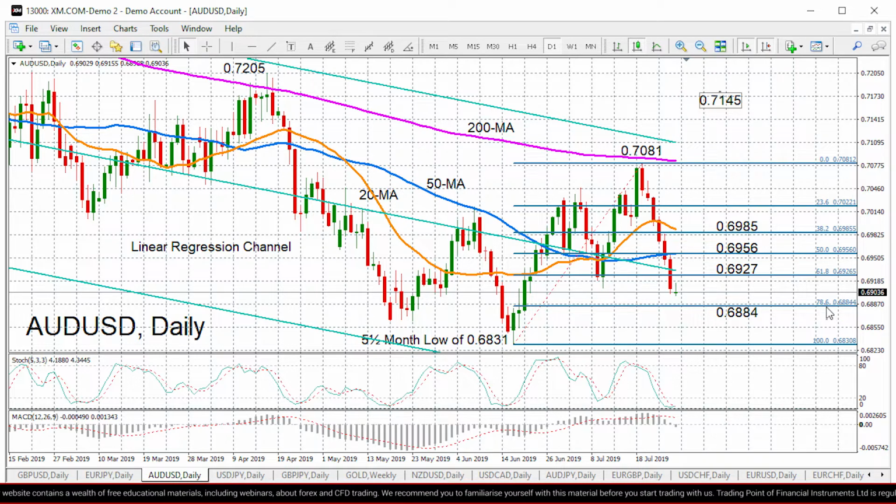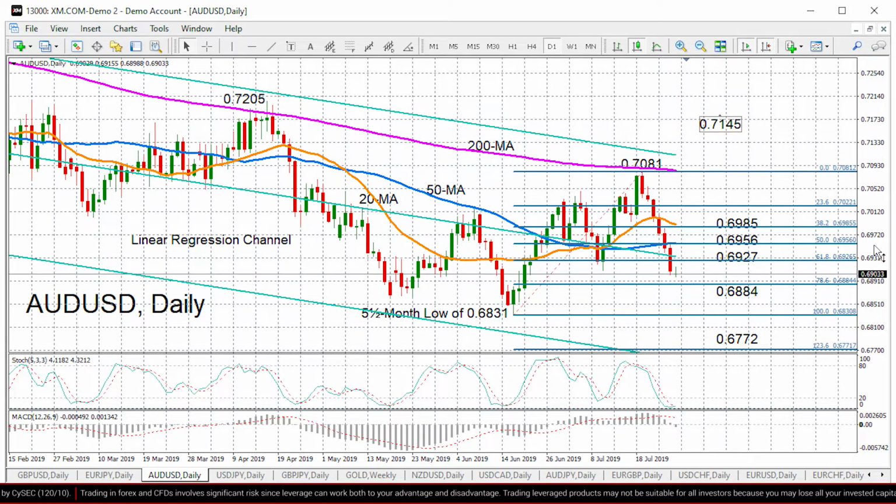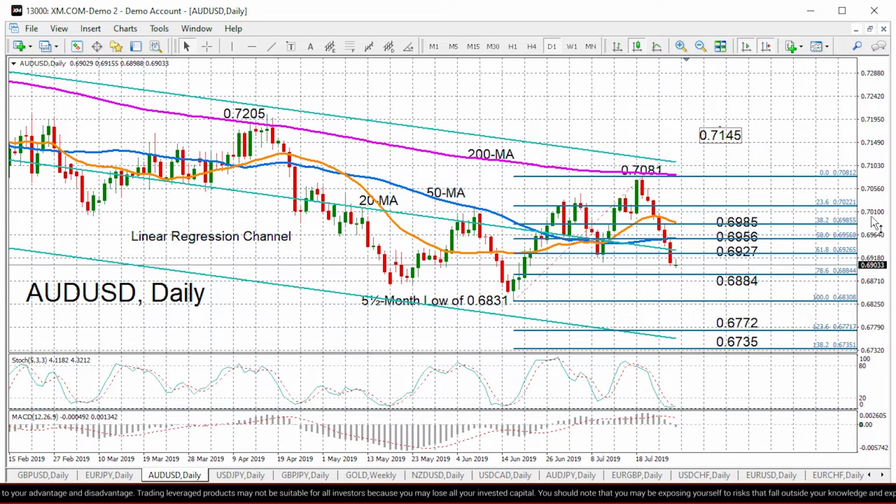retracement of the outlook from 0.6831 to 0.7081 acting as a potential barrier, and then if that level is broken as well, Aussie dollar could head back towards the 5.5 month low of 0.6831 we saw back in June. Below that, the next major support would be the 123.6% Fibonacci extension at 0.6772 before reaching the 138.2% Fibonacci at